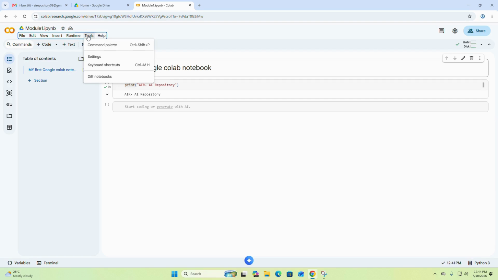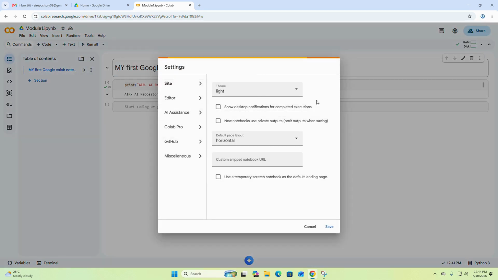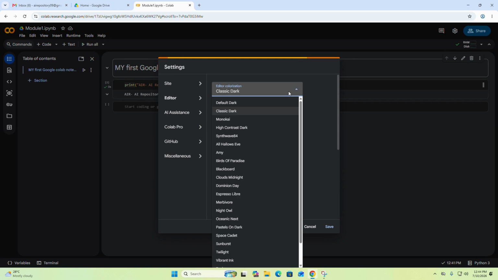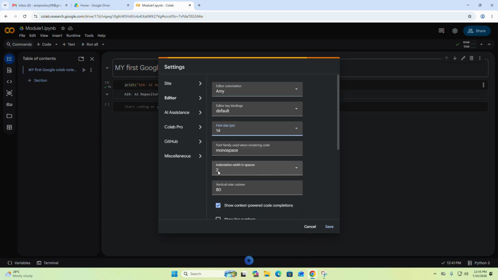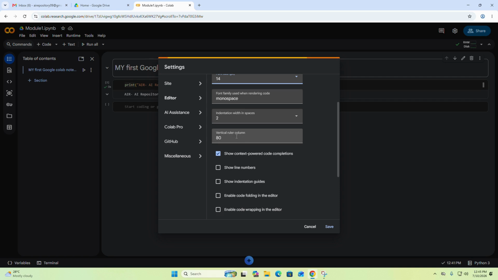So now next, something with respect to the setting of the Google Colab. Now, as developers, we work a lot of time, so we can change the theme according to our requirement. I'm putting it dark. Editor. Now this gave us the facility, like which kind of dark I want, or the font size. I want to increase or decrease the font size, that also I can do. There are many more font family if you want to change the indentation, width if you want to change, vertical ruler column if you want to change, if you want the line numbers in each code cell, that can be